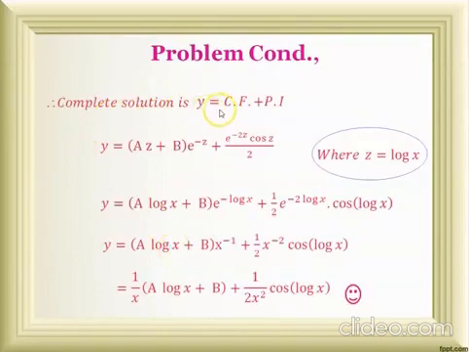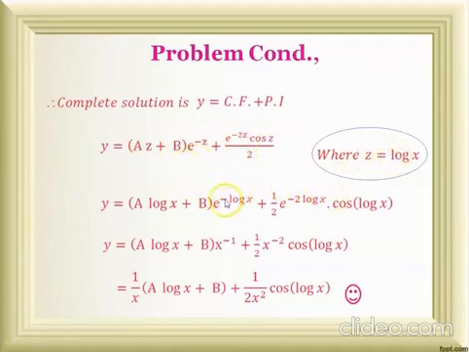So the complete solution is the combination of complementary function plus particular integral. After adding together, I will get the result like this. But we are given the problem in terms of x, so we should give the answer in terms of x alone. We only introduced z in this particular problem, and we need to eliminate it in the final answer also. So we take the substitution z equal to log x, and in the final answer we must replace z equal to log x. In all places where z appears, I am going to replace it with log x.